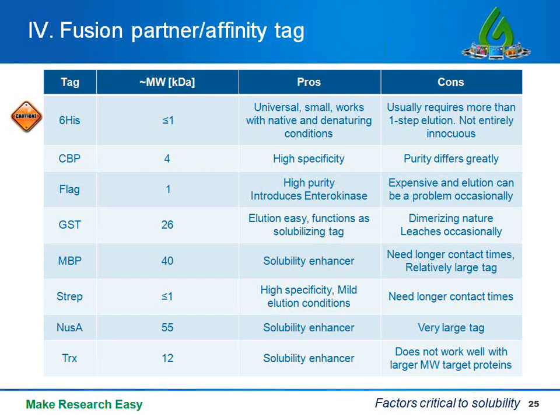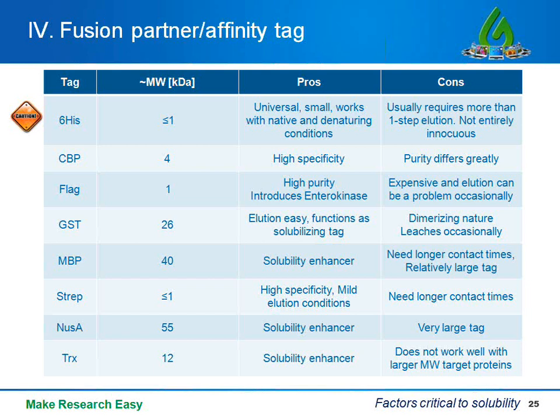Now the FLAG tag functions very well, and it also introduces an enterokinase cleavage site. However, the resin can be a bit expensive. GST is a good solubility tag, but its dimerizing property can be an issue. NusA works quite well as a solubilizing partner, even with larger molecular weight proteins. What else? MBP. MBP is a highly oversubscribed fusion partner, and with reason. It works really well also, and the fusion protein is generally quite stable. Now there are other really good fusion tags that are not on this list that we have developed in-house.